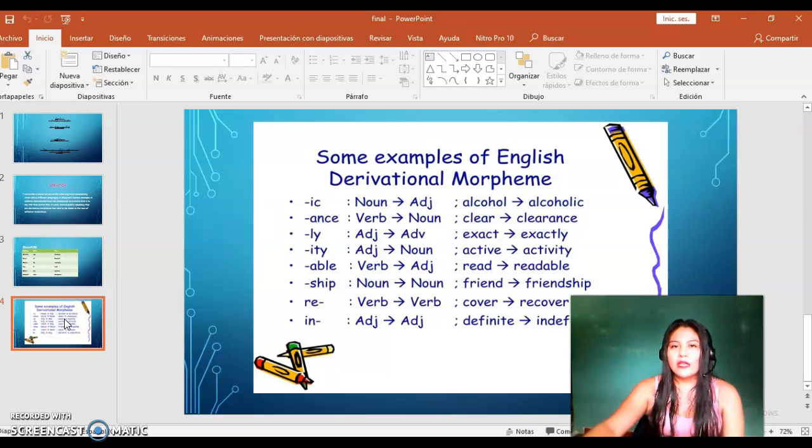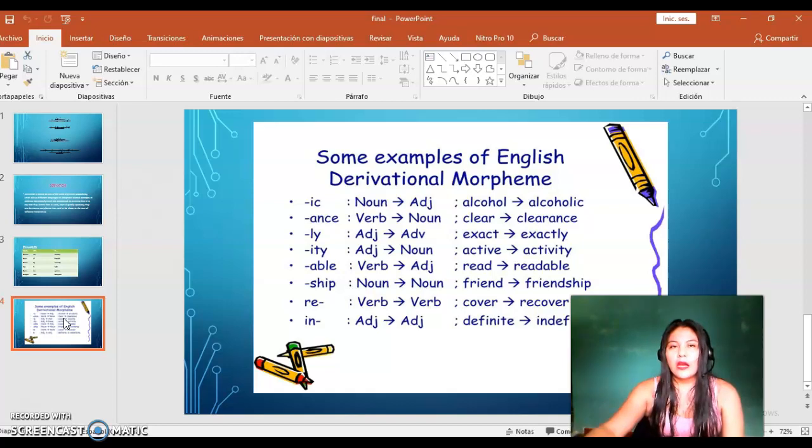For example, some examples of English derivational morphemes. Easy, a noun, an adjective, alcoholic, a verb, a noun,